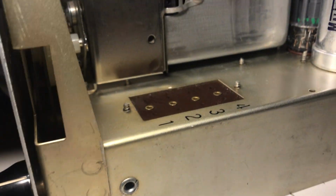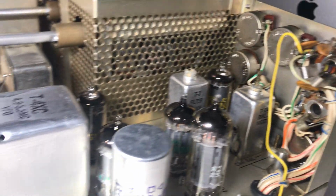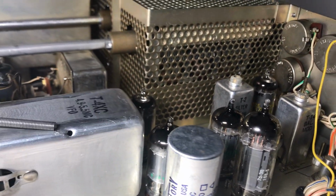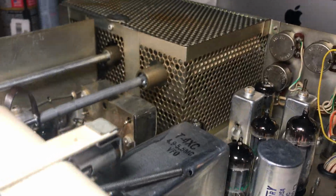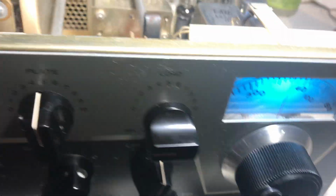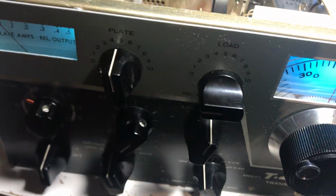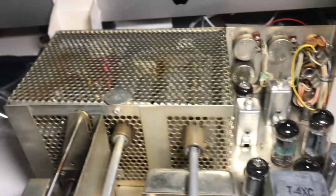So yeah, this thing is all done. I guess it's gonna go in the corner and I can forget about it for a while, which is fine with me. Kind of radioed out here and I got other things to do, so I got a Christmas tree to put up. Got things that are important. I also got some work stuff piling up, so this has to get put away. Anyway, that's it for the Drake